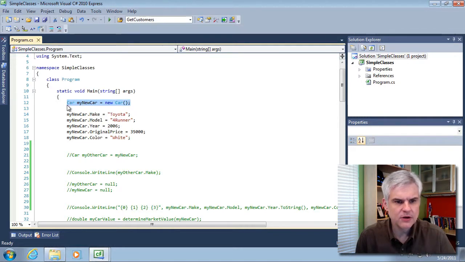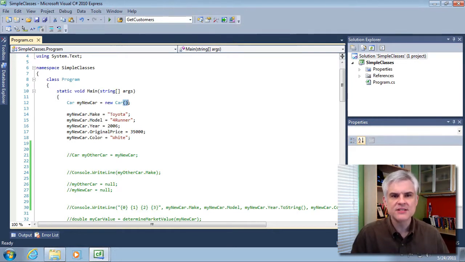Car, my new car equals new car. So notice the parentheses at the very end. And recall that a set of parentheses is the method invocation operator. Whether you realize it or not, you're calling a method whenever you create a new instance of a class. This method is a special method called a constructor, and it allows you, the developer, the option to write some